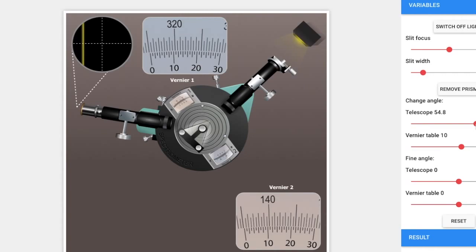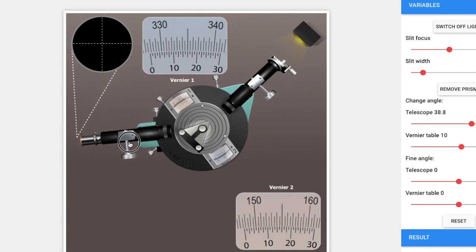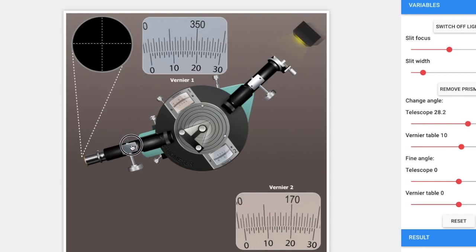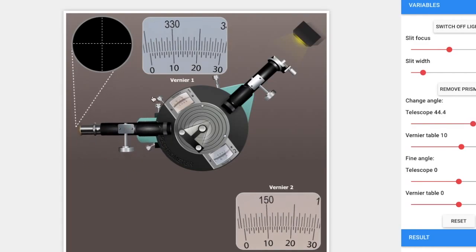You can see that when I am rotating this, the red pointer for the telescope as well as the value is already changing, and also the corresponding change is visible in the up and down verniers. This is vernier 1, this is vernier 2, and both are 180 degrees opposite to each other. So that is the difference between their readings.